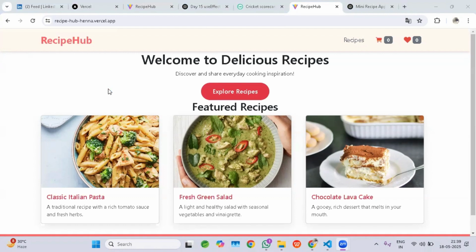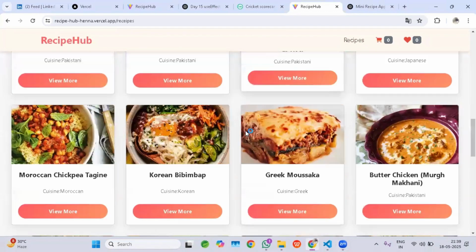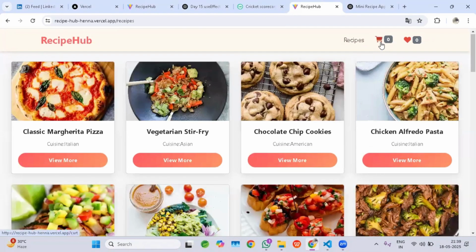So here we can see the output of my project. This is the home page, and here we can see the header. This is the logo of my project, and here I have three buttons: recipes, cart and wishlist. If I click recipes, it will go to all the recipes. Here we can see all the recipes, and if I click the cart button, it will go to